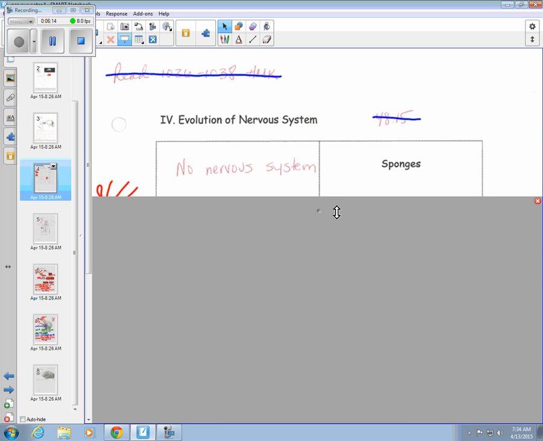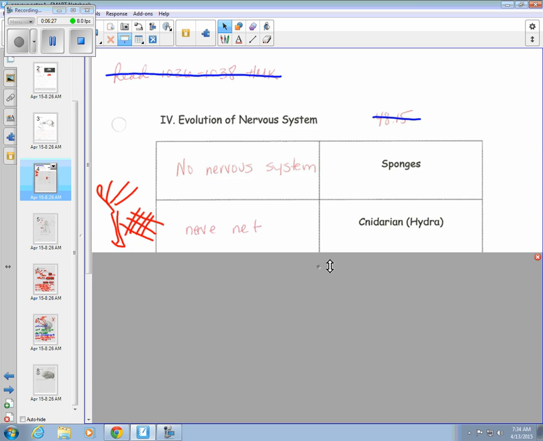If we consider some other organisms, so a sponge. Sponge is a marine organism. It is an animal. This is something that's very simple. It has no nervous system. Then if we consider the evolution of life and becoming a little more complex, a hydra, which I have a very primitive sketch